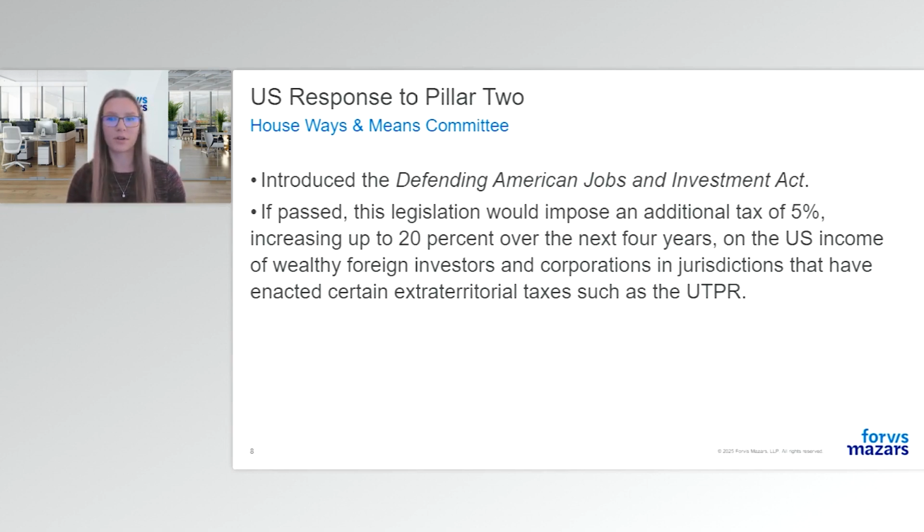So while this 5% increase that we're looking at in this legislation may not be as severe as a doubling of the tax rate under Section 891, it could still have severe consequences for citizens and companies that do business in the U.S. A lot of jurisdictions are set to enact a UTPR in 2025, namely Canada, France, Germany, the Netherlands, UK, among others, just to name a few. And despite the posturing by the US on this Pillar 2 regime, the UTPRs enacted in these jurisdictions could still impact US parent companies that have subsidiaries operating in these jurisdictions.